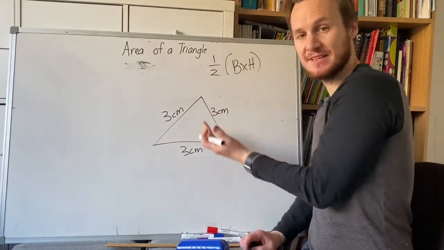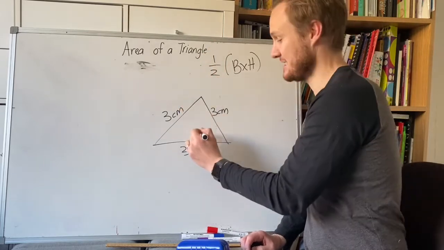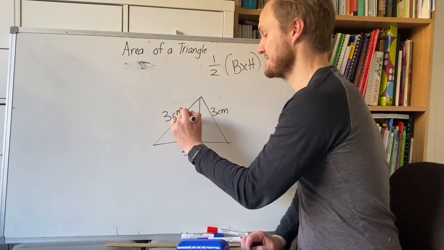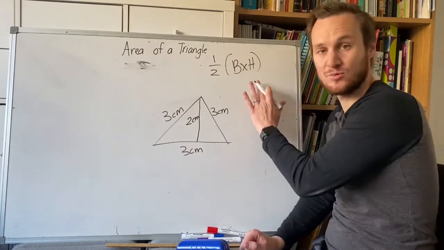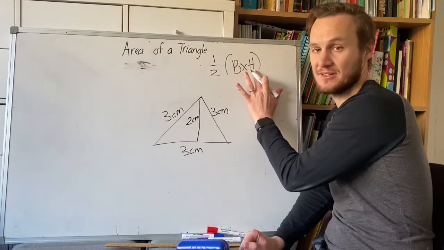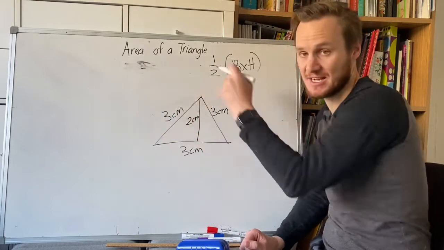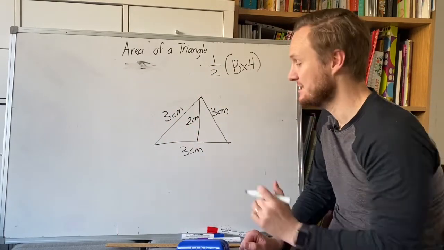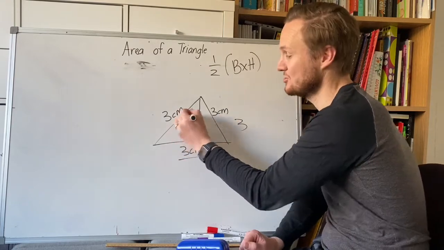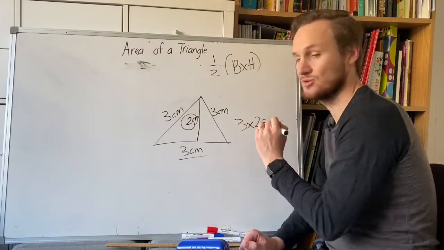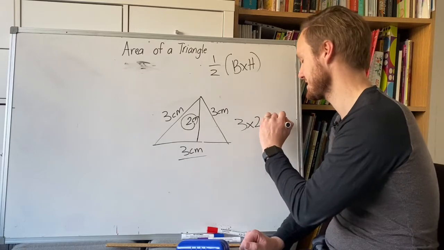But the height of this isn't as long as that. The height of it is 2, okay? So the rule says the base times the height, not these sides, the height of the triangle, okay? So the base is there, 3, the height of the triangle is 2, it's 3 times 2, which is 6